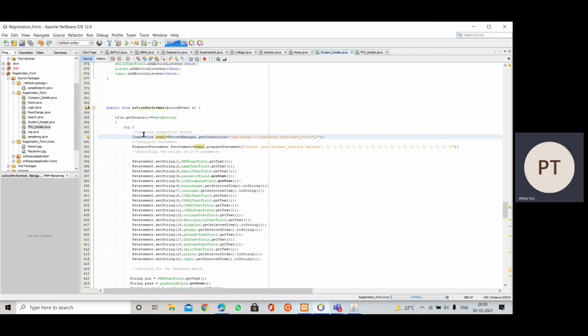Here we have created a connection object for the Connection interface. We are going to use DriverManager, and we have a method called getConnection, and inside that we provide a URL. This pattern is fixed, you just have to change the database name. In my case it is Reg, so this is the URL: JDBC